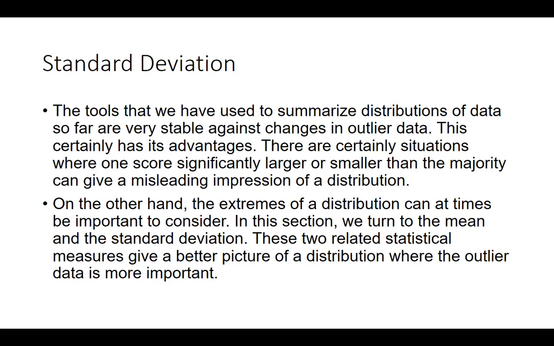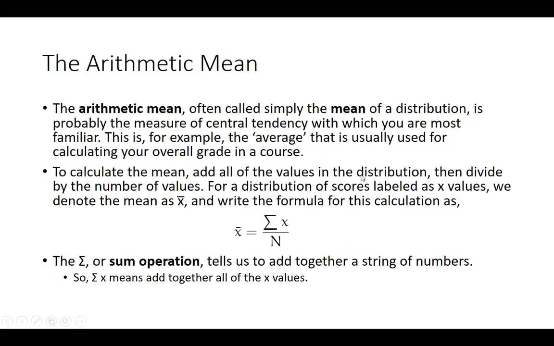In this section, we turn to the mean and the standard deviation. These two related statistical measures give a better picture of a distribution where the outlier data is more important. First, we'll talk about the arithmetic mean. The arithmetic mean, often simply called the mean of a distribution, is probably the measure of central tendency with which